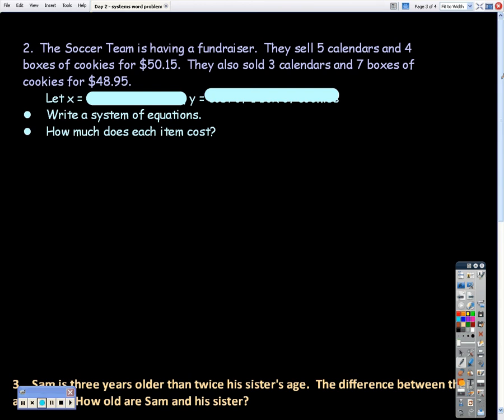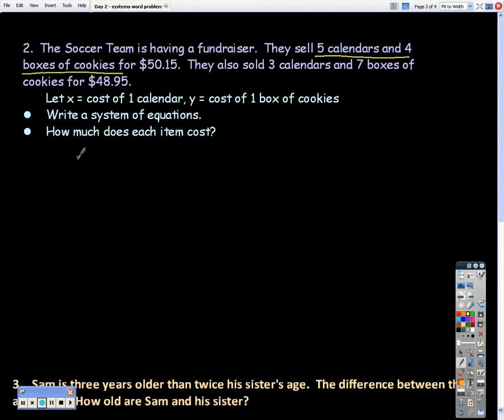The soccer team is having a fundraiser. They sell 5 calendars and 4 boxes of cookies for $50.15. They also sold 3 calendars and 7 boxes of cookies for $48.95. Well, obviously, we look down here and we see it says, how much does each item cost? So x is going to be the cost of 1 calendar, and y is going to be the cost of 1 box of cookies. So our system of equations, 5 calendars and 4 boxes of cookies, is going to become